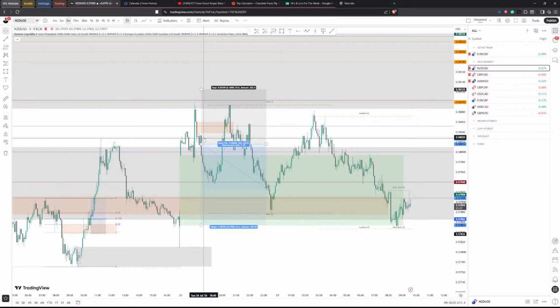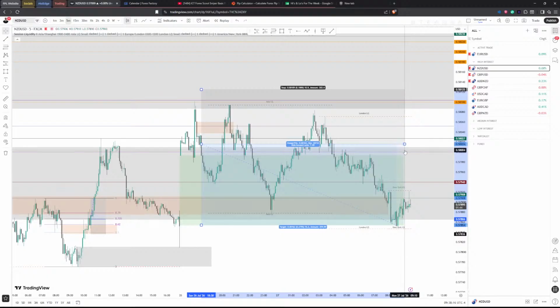I did think that this was going to be the place that price didn't respect. There's also the Asia session open as well. But my point is this: it was a bad trade. I didn't trade it properly. If I was meant to trade it, I should have set my stop loss up here, and then that way I would still be in the trade, as you can see. And even if it came up here, still, yeah, it came back all the way back down.